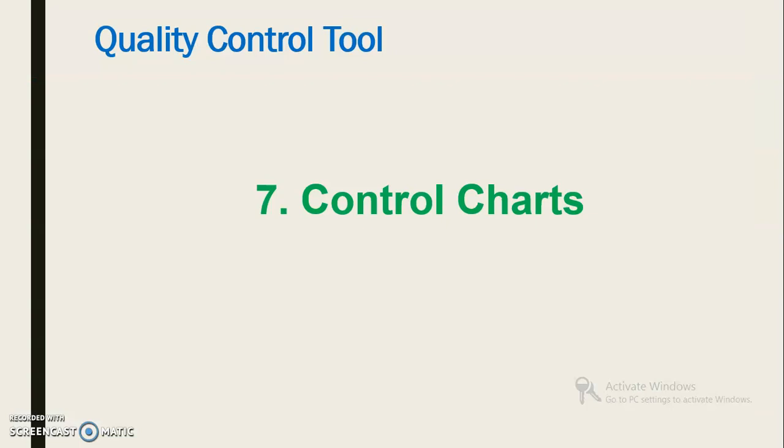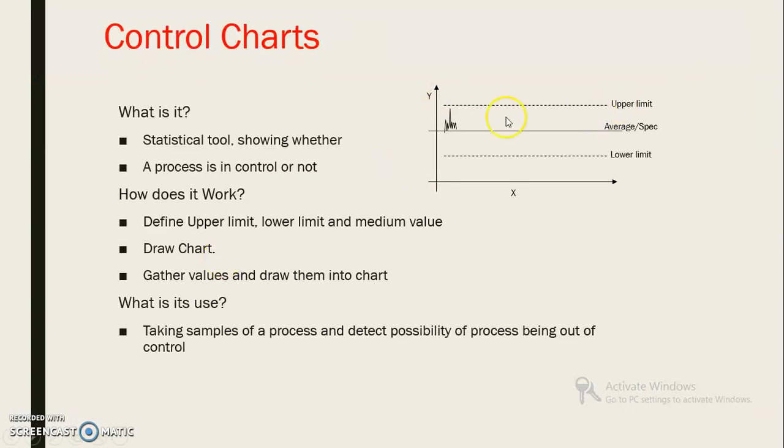So the last tool is the control chart. So the control chart establishes, one diagram is shown here, an upper limit and lower limit, and in between there is an average value. So we are familiar with giving tolerance. Suppose diameter is 30 and on the top it is written plus minus 0.05, means plus 0.05 to minus 0.05. Within that range the job is accepted. So simply by putting upper and lower limits, we have to track each and every job. So this is the principle of this control chart.